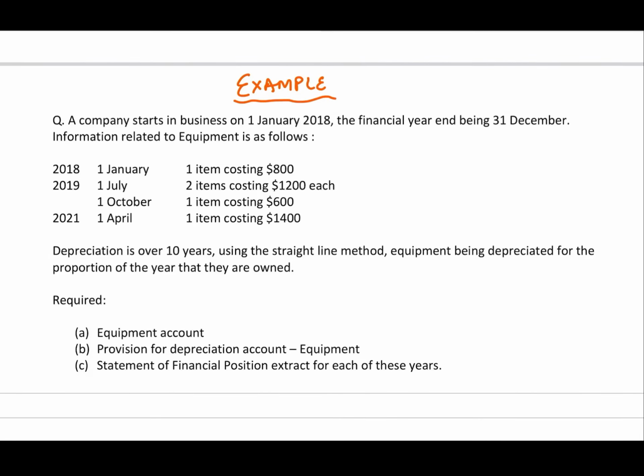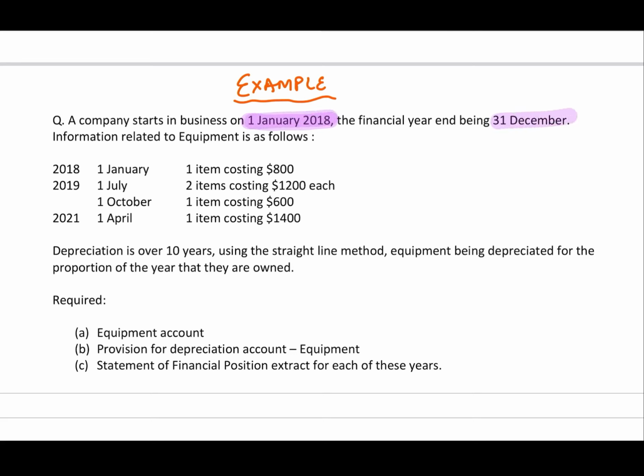Welcome back. In this video, we'll be solving another example question in which we'll be required to prepare the T account of provision for depreciation, its double entries, and that too for multiple years, right? So let's begin. The question says a company starts in business on 1st January 2018, very good,